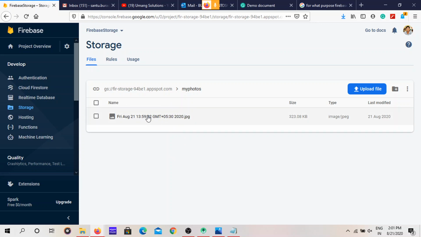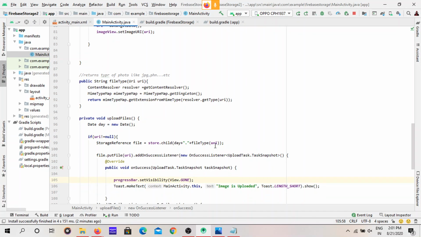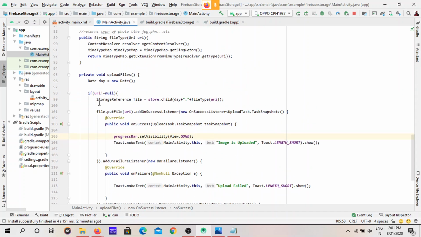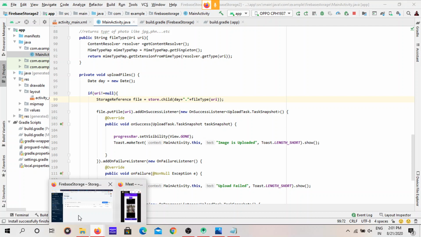In which statement are we telling Java to store the file name like this? In this statement we are telling Java to store the file name. See, in this statement, the first one is the date, then the dot and the file type. What is the data giving here?